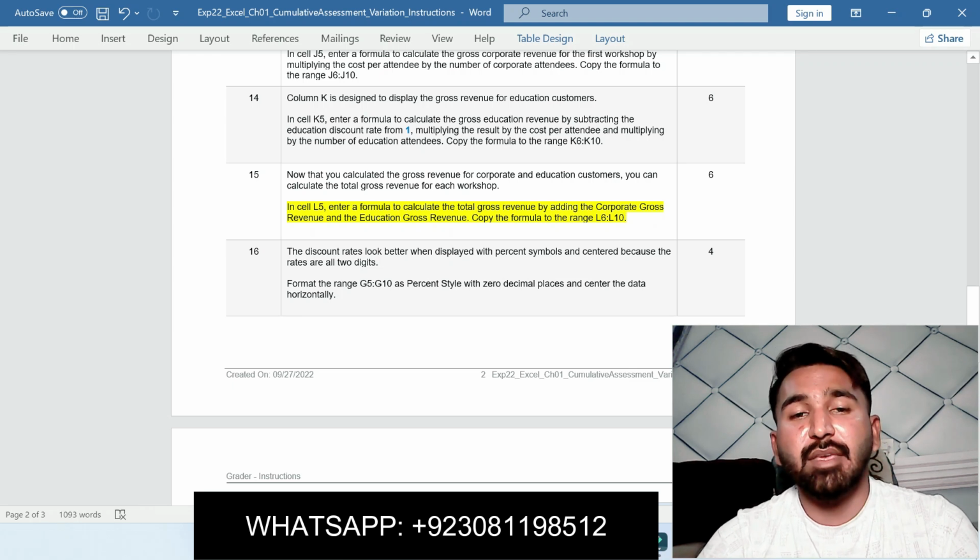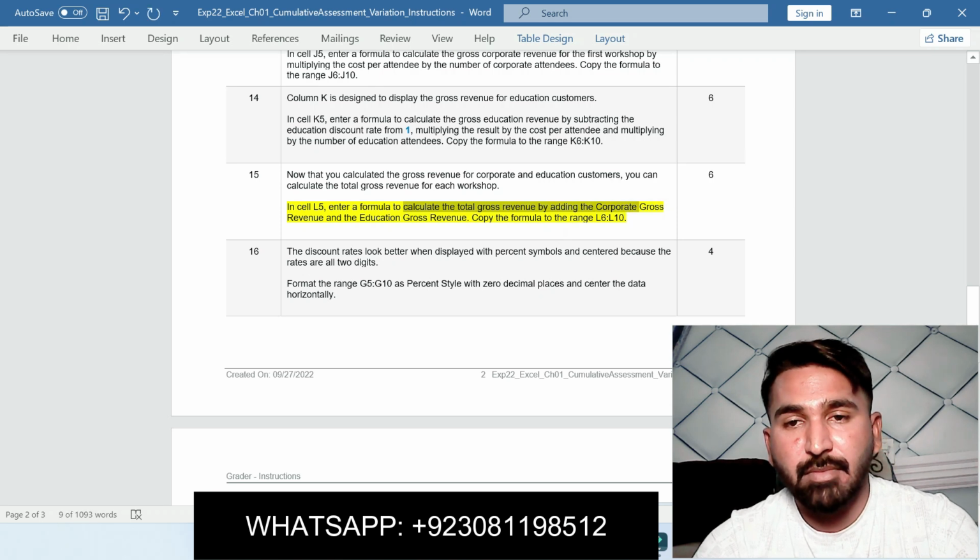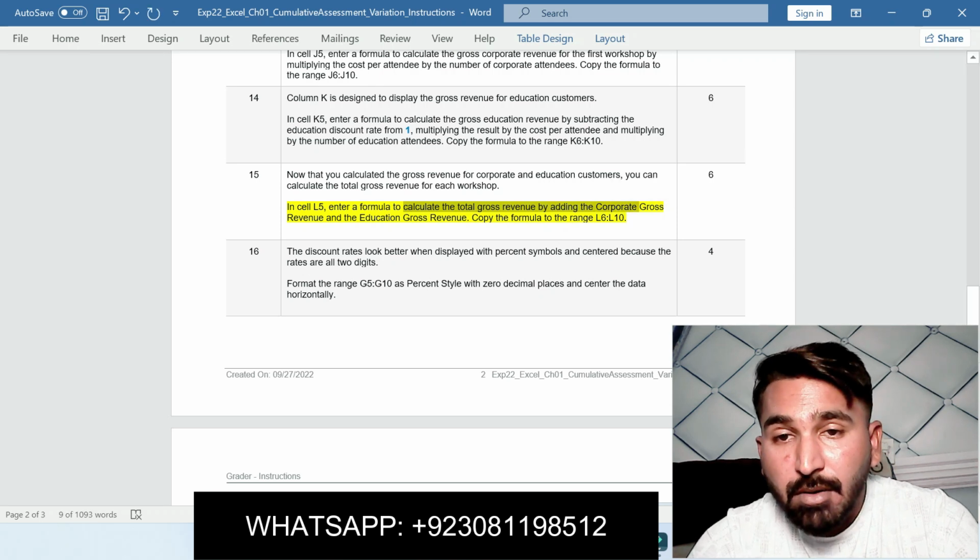Basically, in this step, in cell L5, we enter a formula to calculate the total gross revenue by adding the corporate gross revenue and education gross revenue.